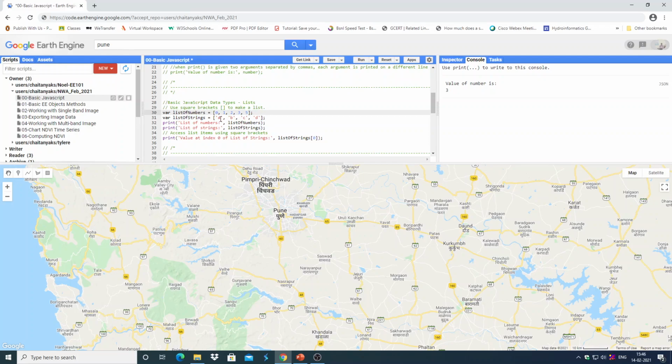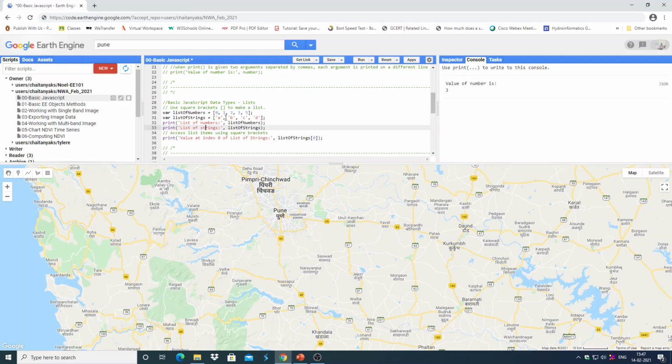They can be numbers, strings, a combination of numbers and strings, anything. There can also be a list within a list. An element of a list can be a list, and so on. Then we are printing both the lists. Again, we are passing two arguments. They will be printed on two separate lines. And how to access list items? We can access list items using the index value.